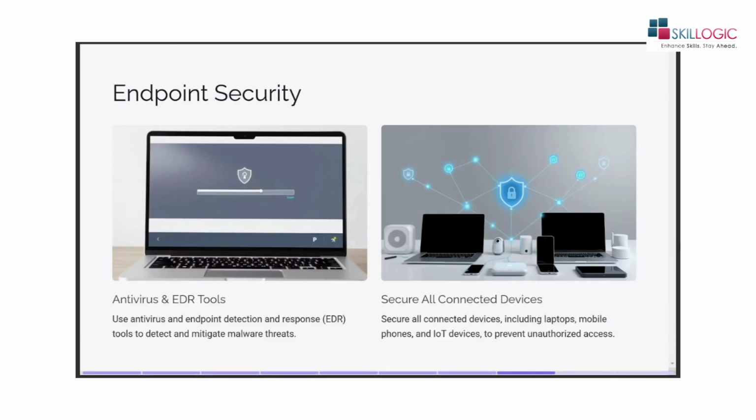Then endpoint security, antivirus and EDR tools: use antivirus and endpoint detection and response tools to detect and mitigate malware threats. Always use antivirus and EDR on the end devices, so that if any malicious file gets installed in our system, our antivirus will detect it and EDR will mitigate it, right? Then secure all connected devices including laptops, mobile phones and IoT devices to prevent unauthorized access. Our IoT should also be very safe, right? And to keep it safe, we should use proper encryption standards in our network,